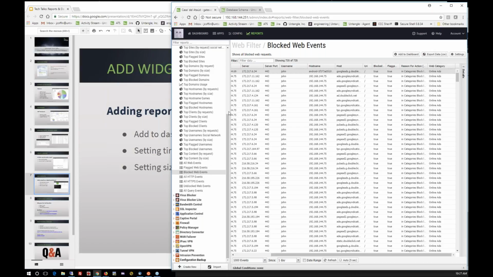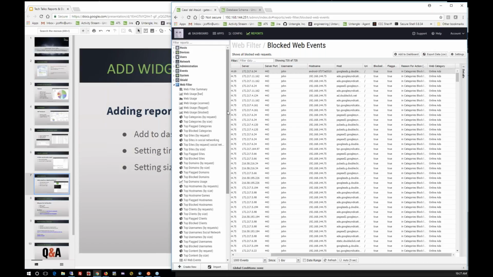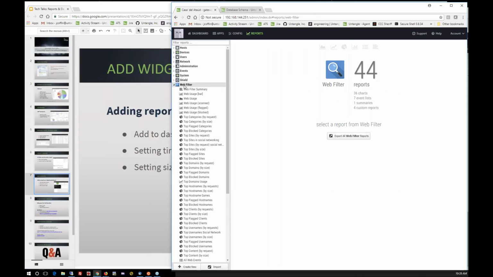Excellent. And one more quick question here. One of our attendees is an MSP asking about exporting custom reports. Are you able to make a standard set of reports and import them to all your customers' Untangles, that kind of thing? Right. You can't export them as a group, but you can export them by the individual